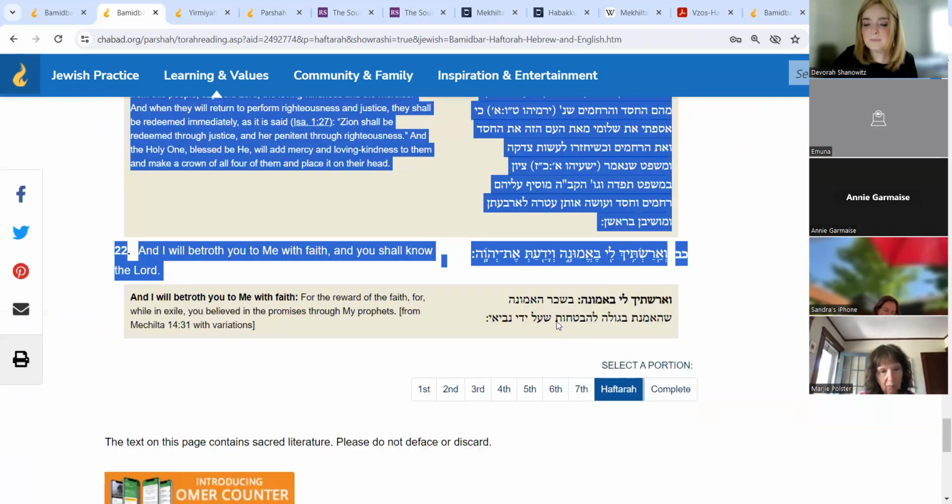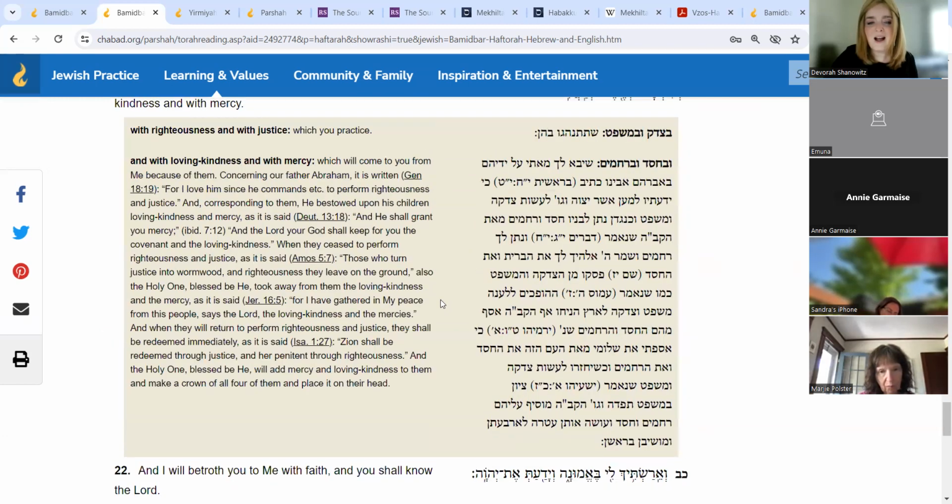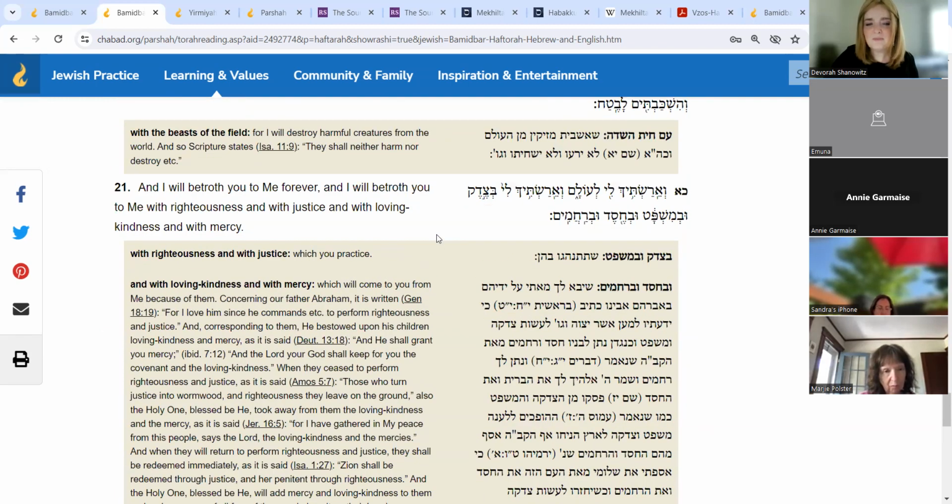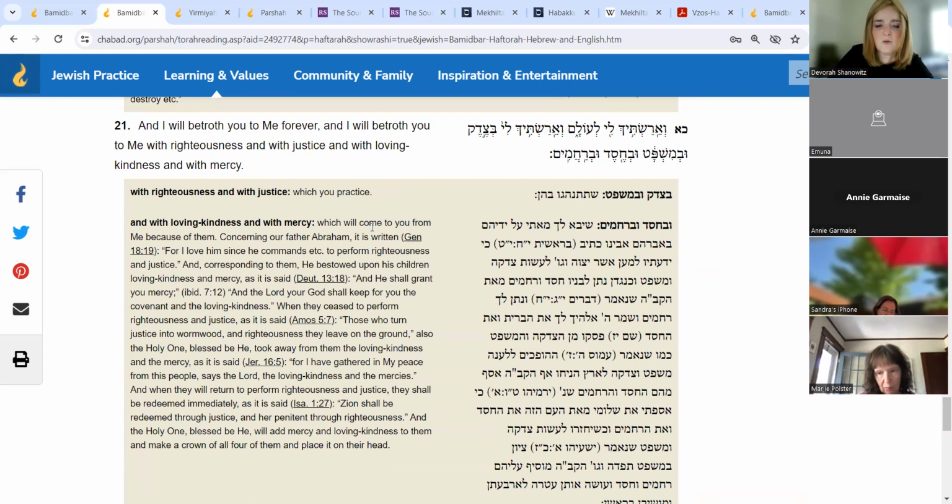Rashi talks about this idea that God is going to betroth us with righteousness. And you see that Rashi goes into great detail, and he brings proof of all the ideas that God will take us back as his people with mercy and justice and kindness. And here he ends off the last one. He quotes Isaiah,